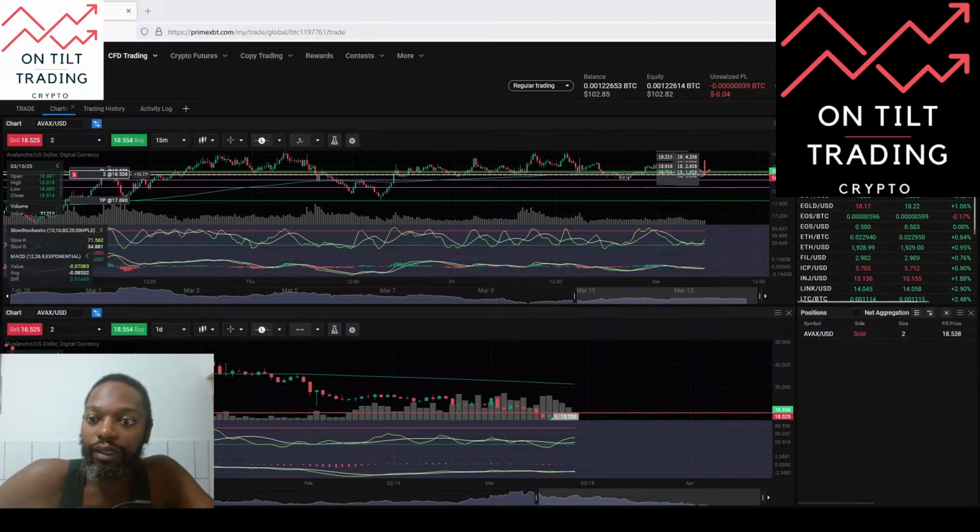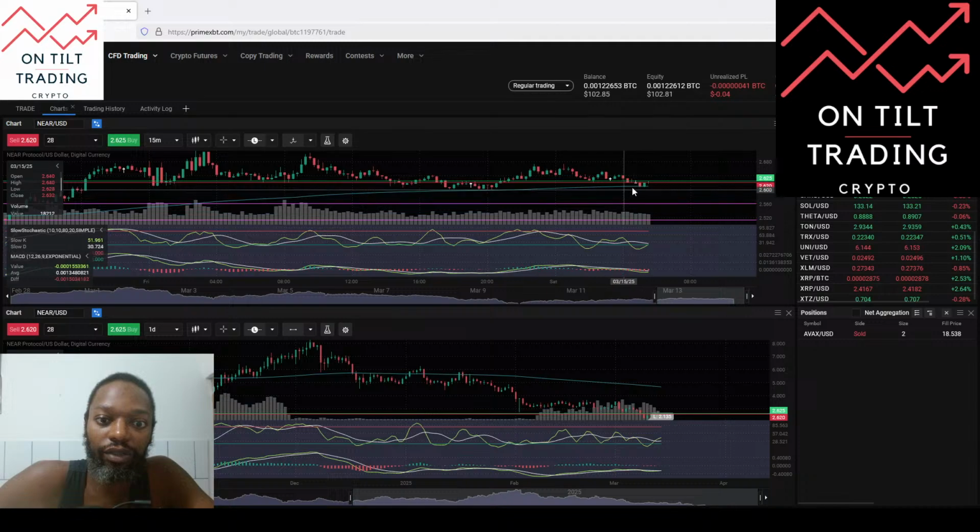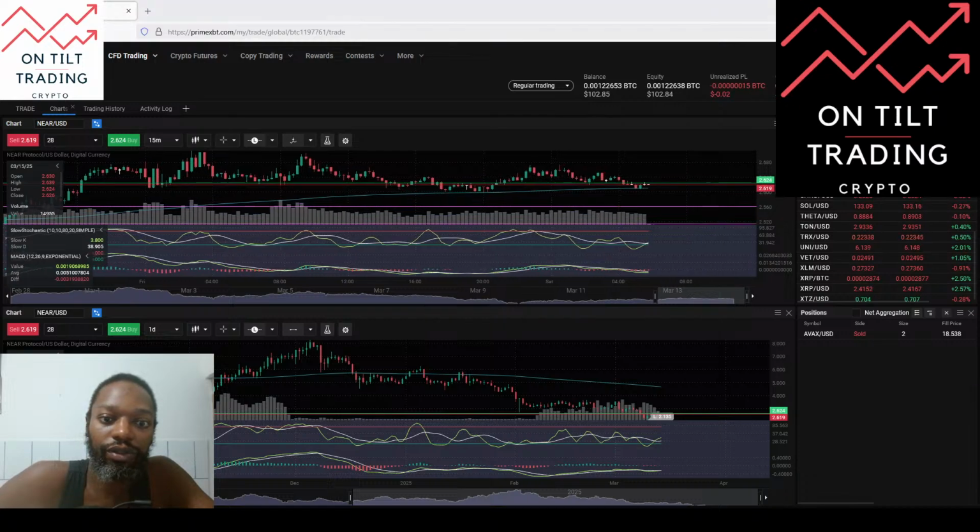All right, next up, we have Near Protocol. So Near Protocol, I'm watching because we're close to the 200 EMA. It's not my favorite setup because we can see here we're testing the 200 EMA on the 15-minute, and it's holding, so it's showing strength here. And again here, another test, we're showing strength. Potentially some selling pressure here with these indecision dojis, but I like to see price action trading below the 200